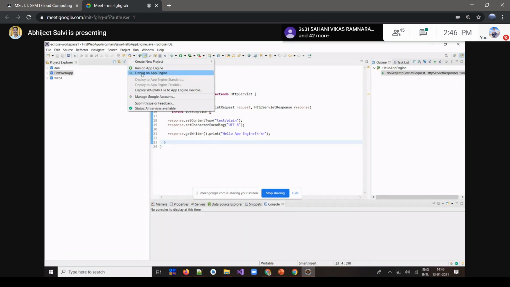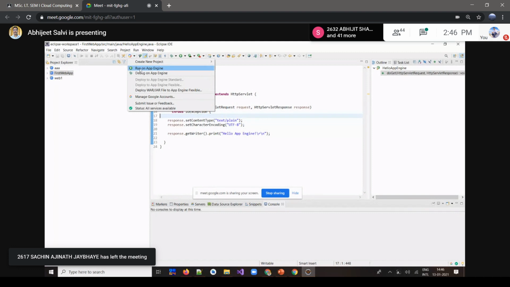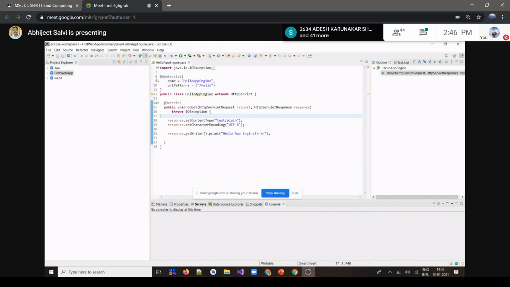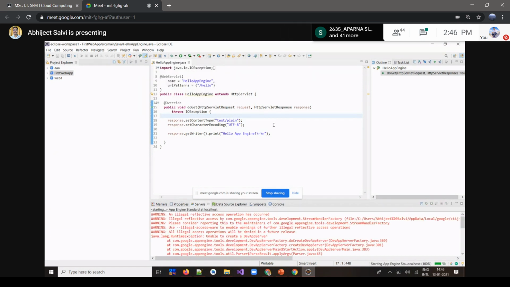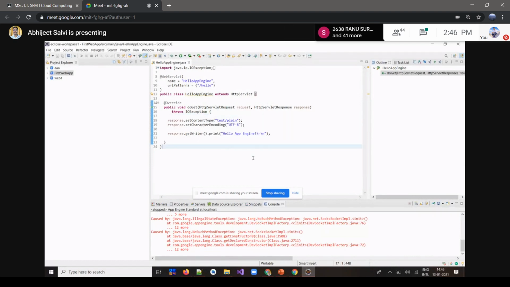So automatically you can either run it locally, or you can run it remotely also. Right now I'm selecting run on App Engine, that is, we are deploying on Google App Engine. Okay. Right now, as I told you, it's not activated, so we are getting an error. And if this step completes, then we'll get a message like this. Okay. The advantage is that we'll get it on a remote server, and you can access it globally from any location. That is what we call cloud computing.